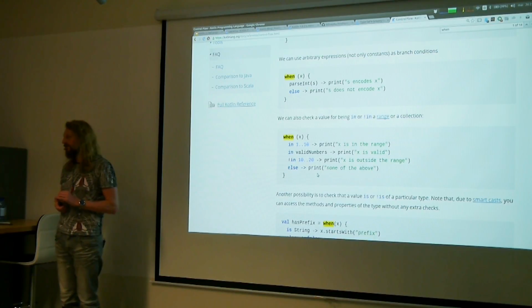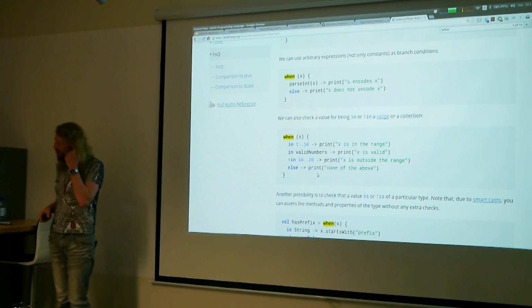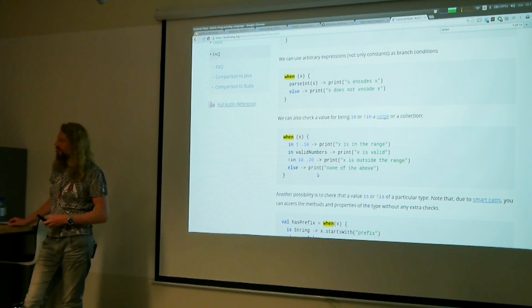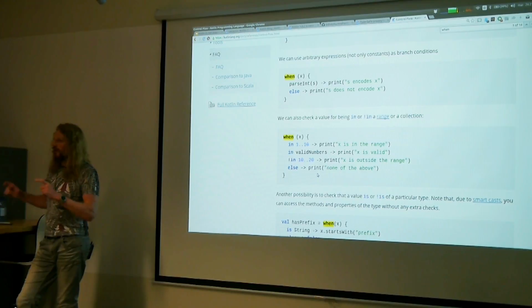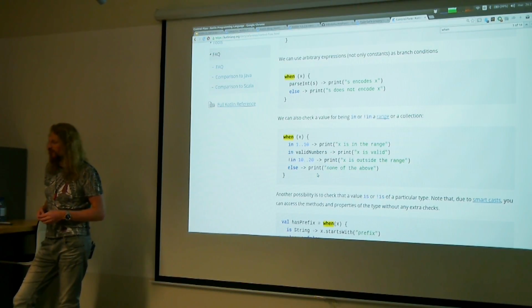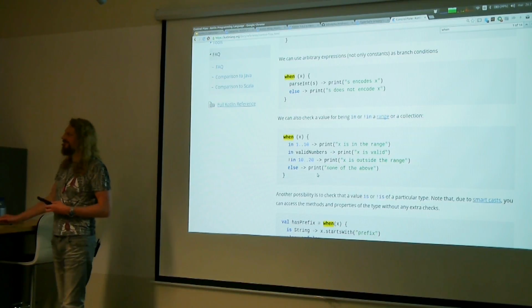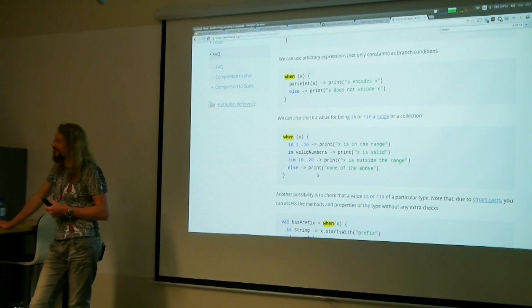When you define a class with constant parameters, which go in brackets, can you match on these parameters inside the when clause? You mean the brackets, you mean the generics? No, I mean you define a class, then in the brackets there are some vals, and then there are curly brackets with the rest, right? Yes, the first part.